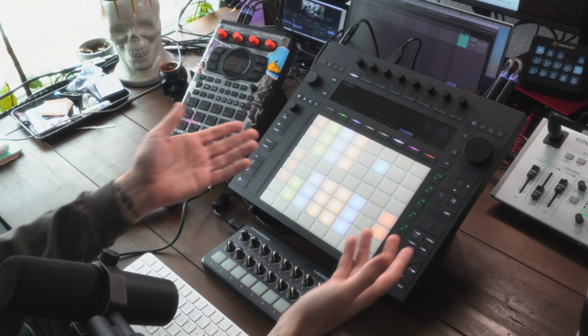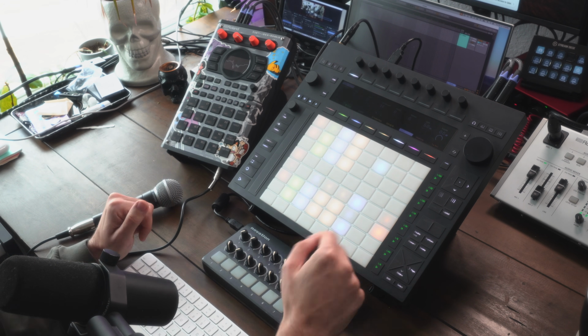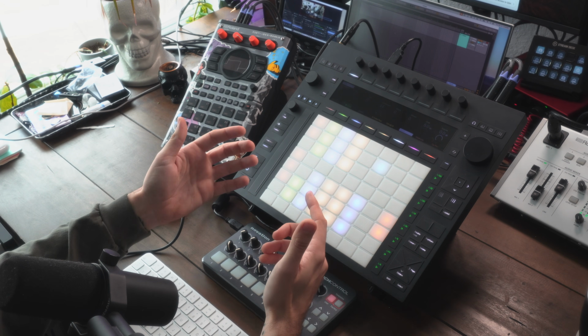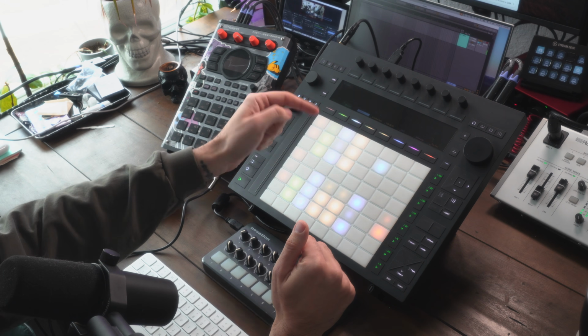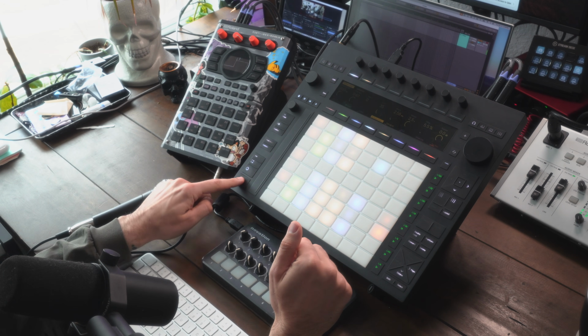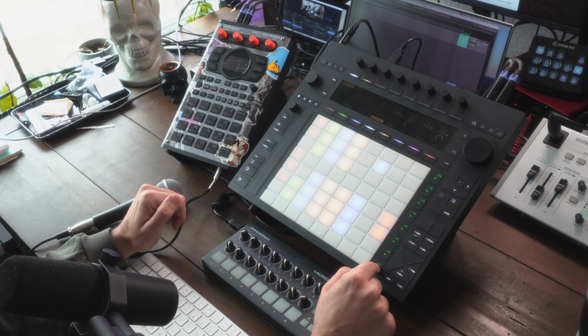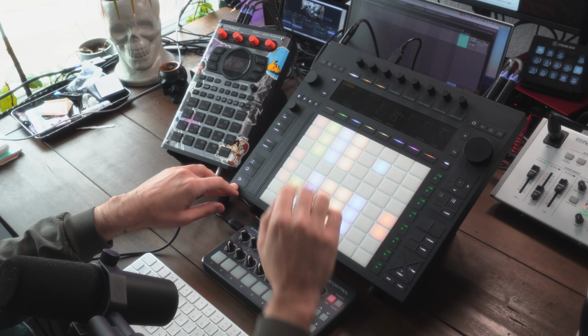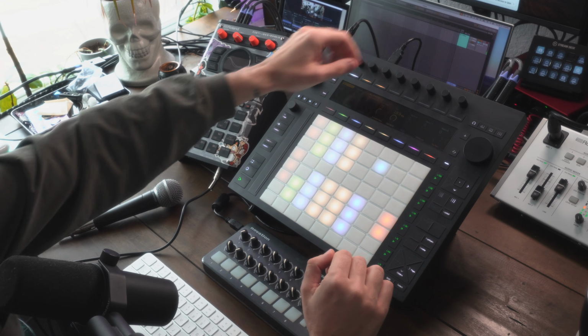You might say that's very useful from a production standpoint, and it's always been a function of Ableton Live that we've had an ability to turn on and off. Does launching a clip select the track? And it's something I always have turned off, so it's very frustrating that I can't turn that off here on Push 3. To demonstrate how really frustrating that is, we play our intro scene here,